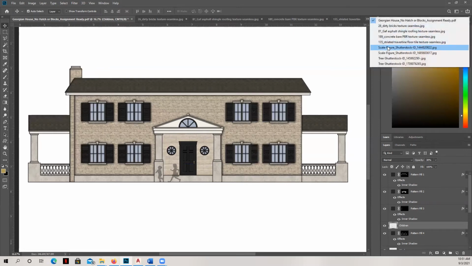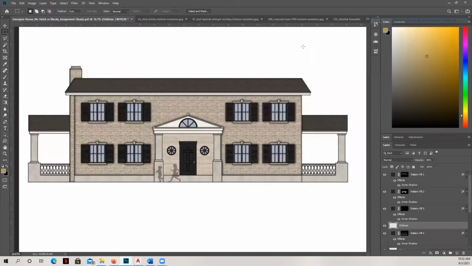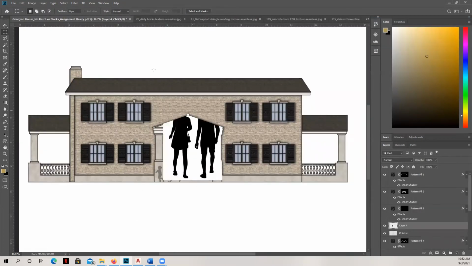Okay, I'm going to also bring in a couple of adults here. I'll bring in this one because it almost looks like they're maybe arriving to see their house for the first time, and they're dressed casually. You can see they're not in cocktail dresses and suits, but they're going to look really nice within this scene as well. And I'm going to paste them. So you can see they're coming in as layers over other patterns that have been created as a clipping mask. And so things are going to look a little bit funny for just a second.